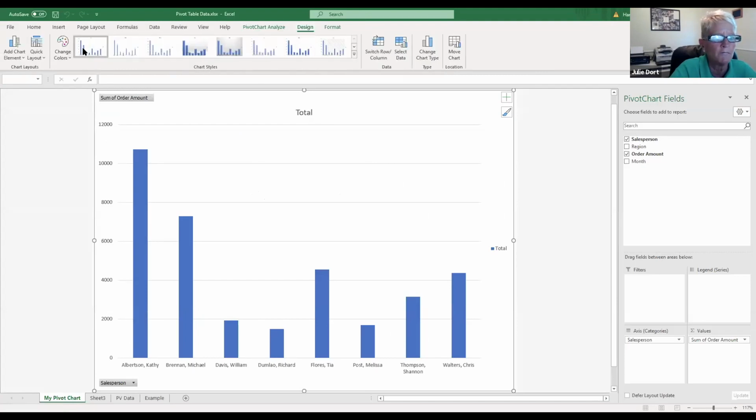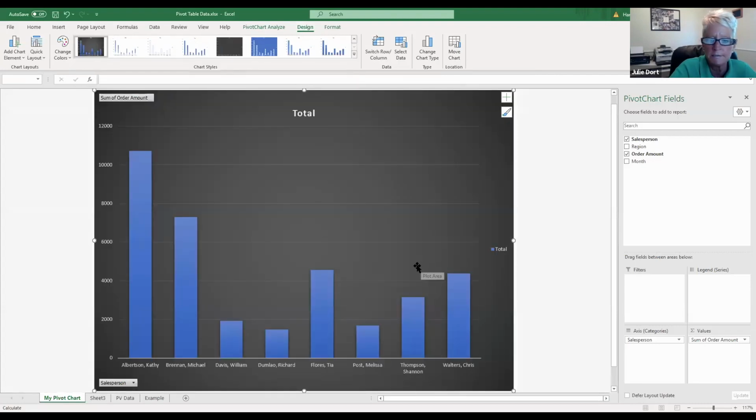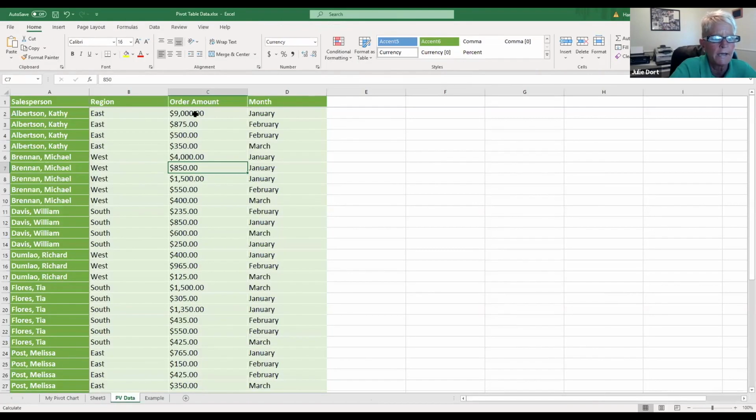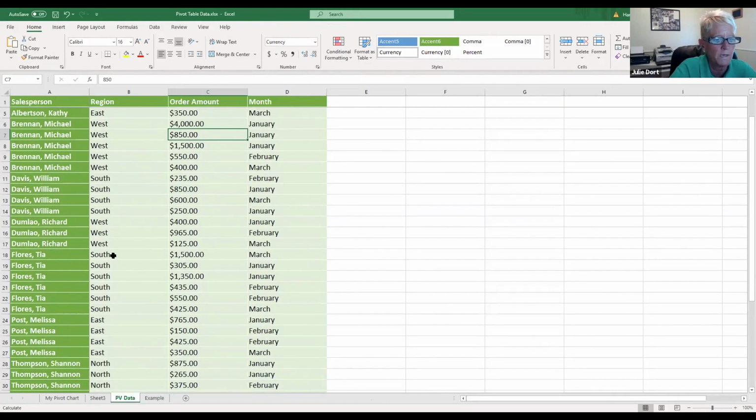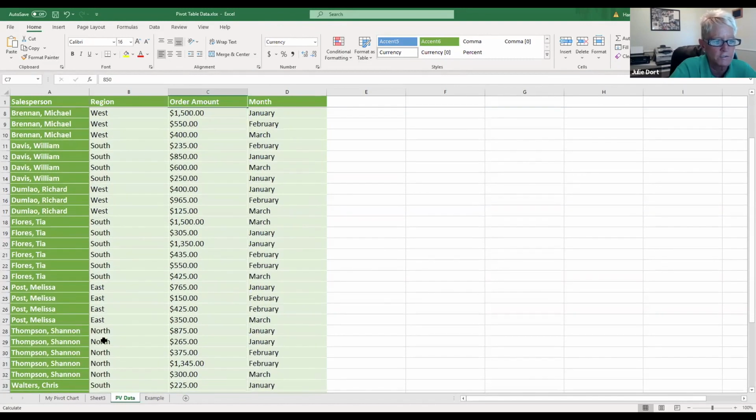And again, you have all the same options that you would have if you inserted a chart in Excel with all of the same data. You can play around with that. You can add things. You can delete things. But once again, if you go back to your pivot table data and you change something, let's make a drastic change. Let's say that Shannon, instead of $875 in January, let's say that she did